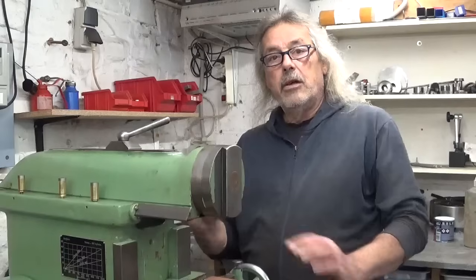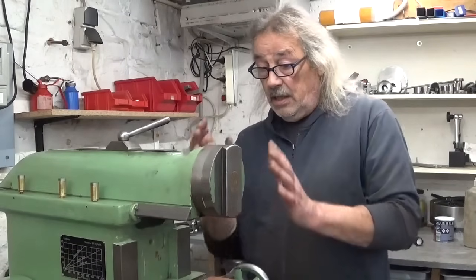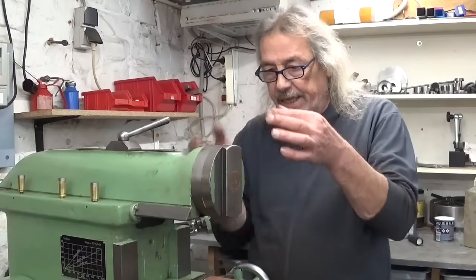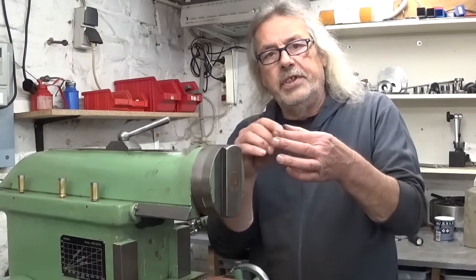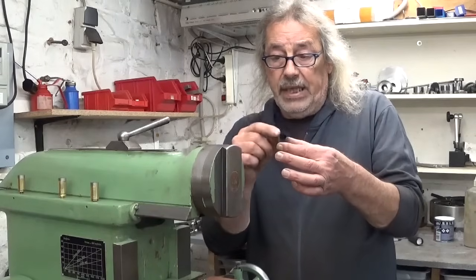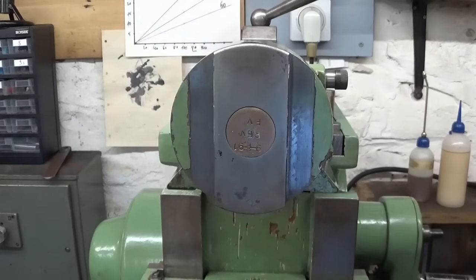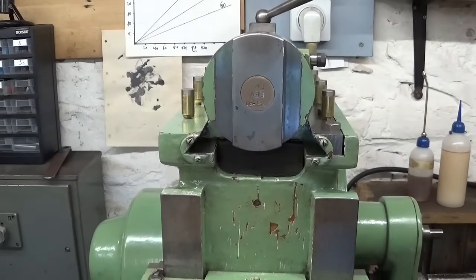That's not good. Okay, I just fixed the shaper, ready to go again. Now what was happening is that this little plate that sits on top of the bull gear in here, that plate to distribute the oil on the yoke mechanism, that little plate for I don't know what reason was touching the rocker arm. And the only way to figure that out was of course to move the ram completely backwards,